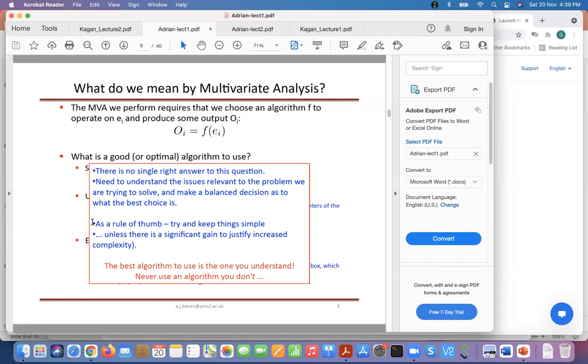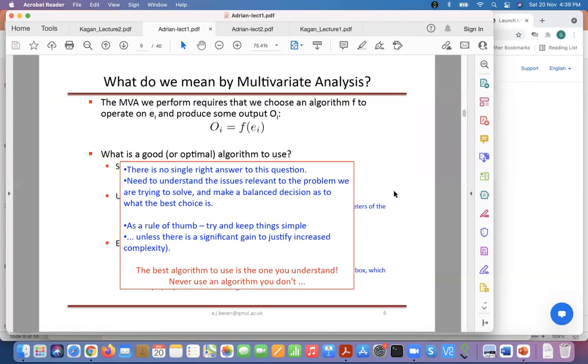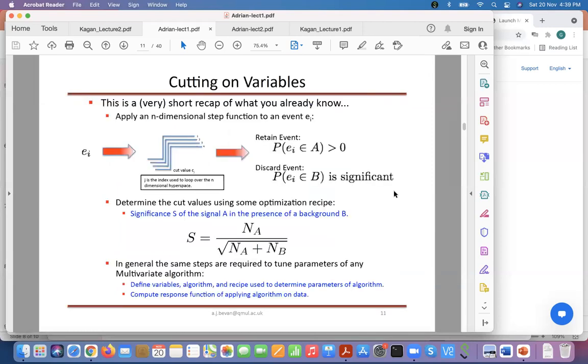Right. So do not blindly use something just because it sounds fancy. Machine learning sounds fancy, so okay, for my analysis I use machine learning. That's not the right thing to do. You have to make a really judicious choice. So let's see. Right. I don't think I want to take you through this cut and count analysis. That's what you usually do. But basically, we try to optimize on it.